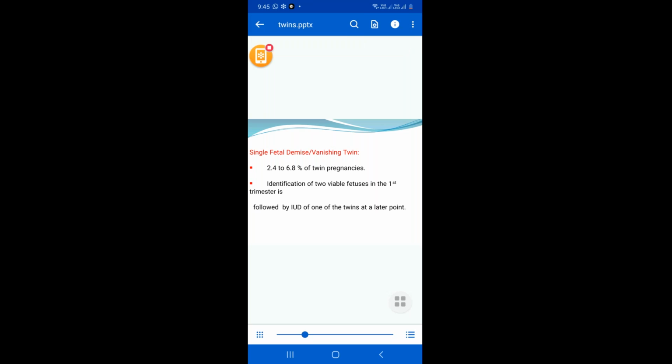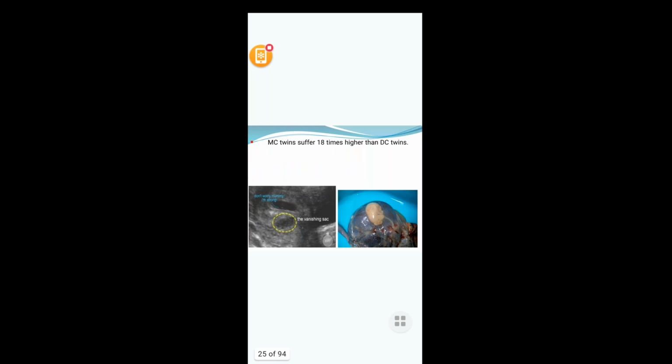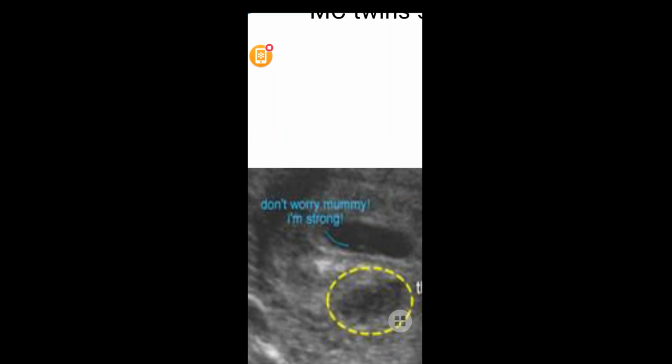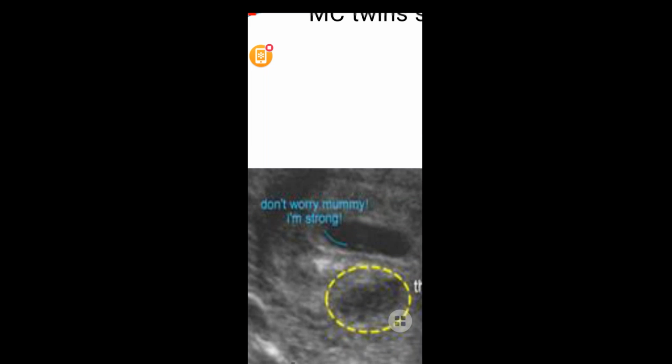Identification of two viable fetuses in the first trimester, followed by an IUD of one of the twins at a later point, is the diagnostic criterion for single fetal demise or a vanishing twin. Monochorionic twins suffer 18 times higher than dichorionic. Here, the yellow round is showing the vanishing sac, whereas the other gestational sac is showing the single fetus,